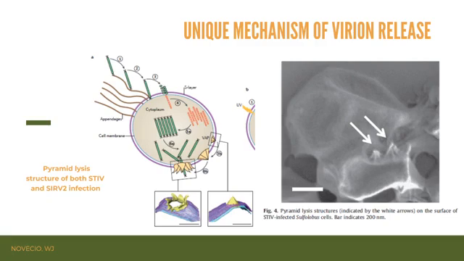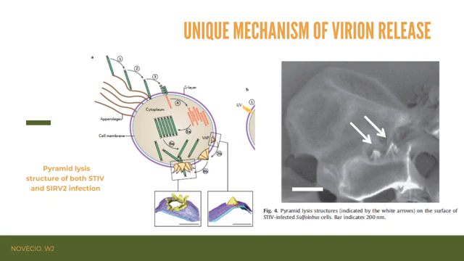Moreover, the life cycles of these viruses have unusual features as revealed by the recent discovery of a novel virus egress mechanism that involves the formation of specific pyramidal structures on the host cell surface. So during both STIV and SIRV2 infection, seven-sided pyramid-like structures are produced that typically extend above the surface of the cell. So during lysis, the seven leaflets of the pyramid open like petals of a flower, producing 100 nanometer holes through which newly formed virus particles exit the cell.